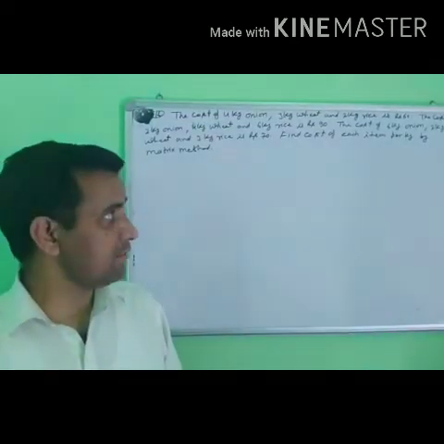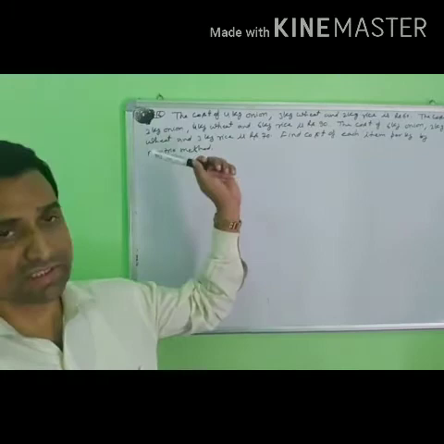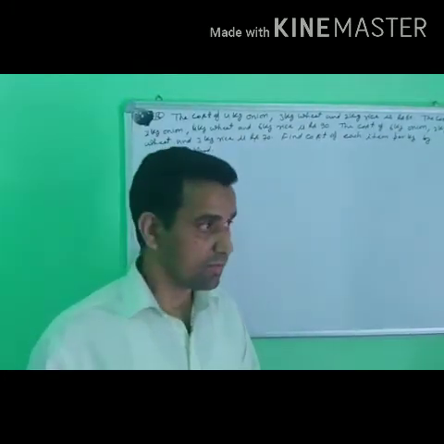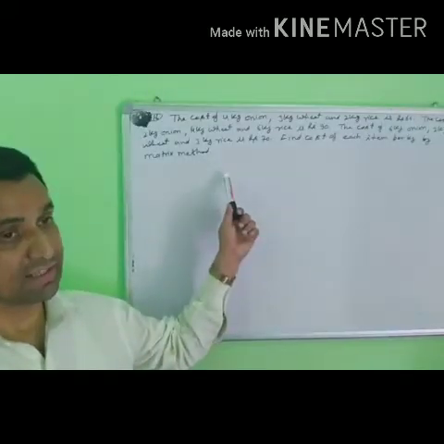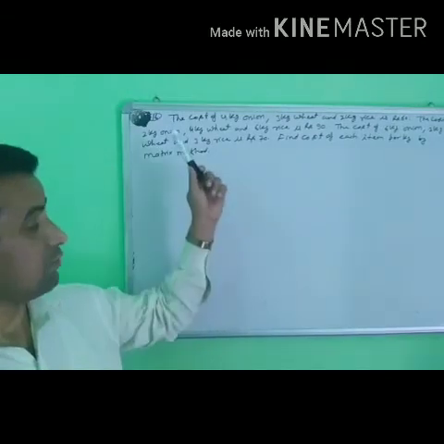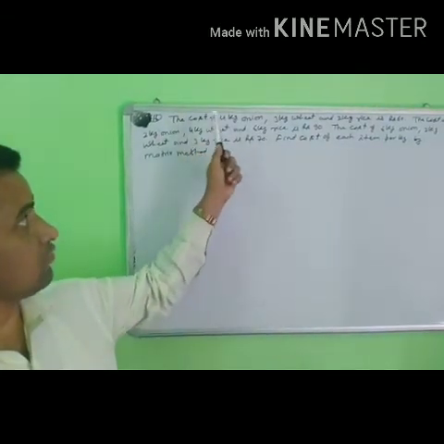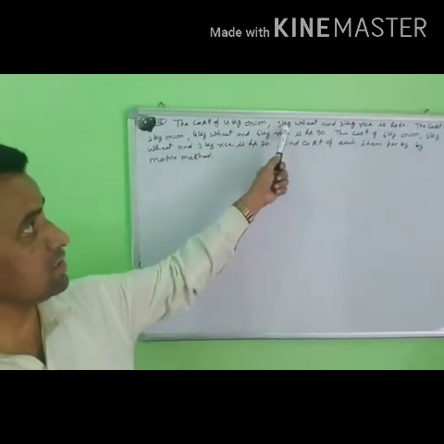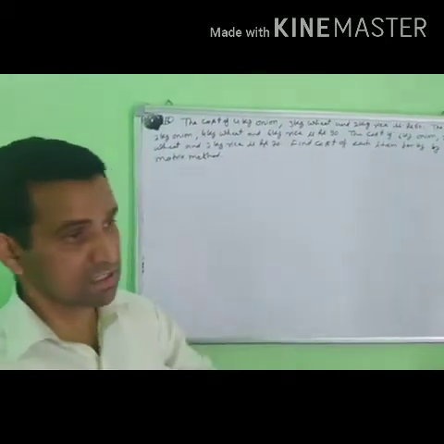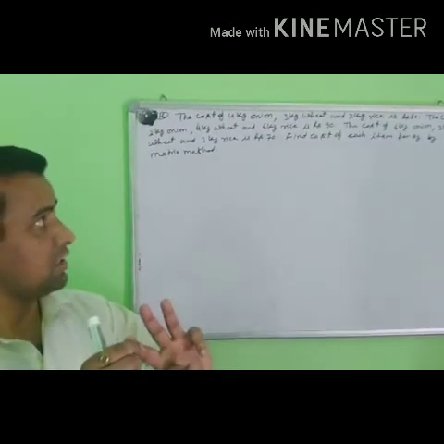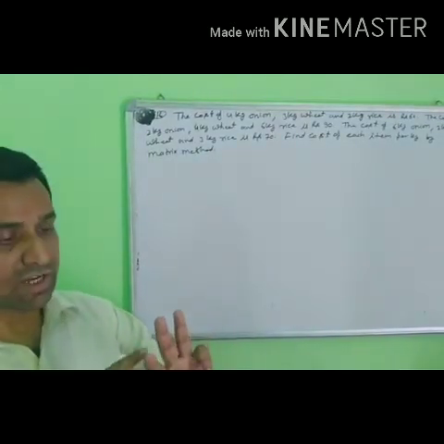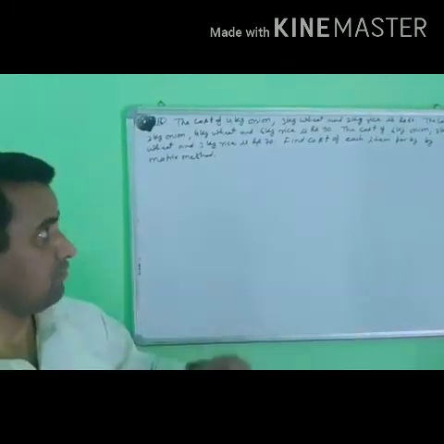Yes, students, I am taking the next question, question 16 from the NCERT book. This is a word problem type of question. First of all, you will read the question carefully, then convert it to equation form and then solve. First, what is the question here? The cost of 4 kg onion, 3 kg wheat and 2 kg rice is 60 rupees. Means 3 variables here: onion, wheat and rice. 3 variables means 3 equations will be formed here.